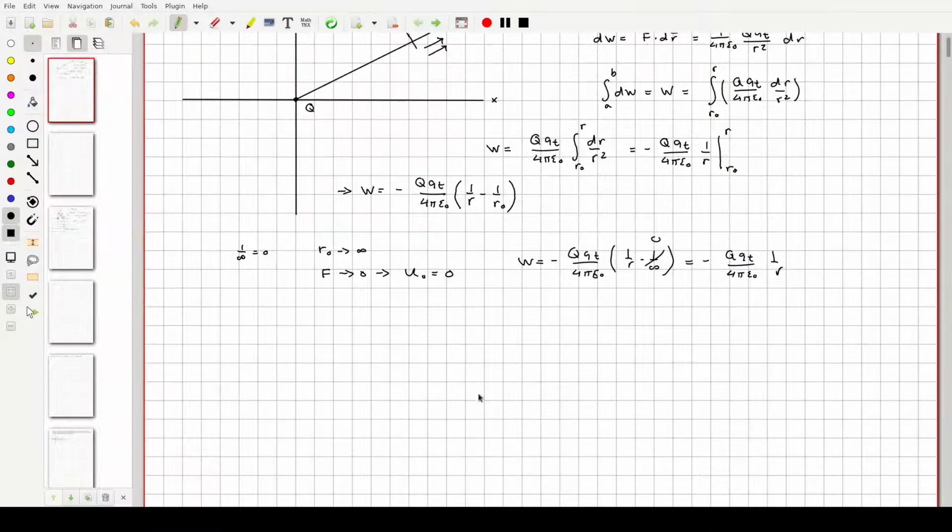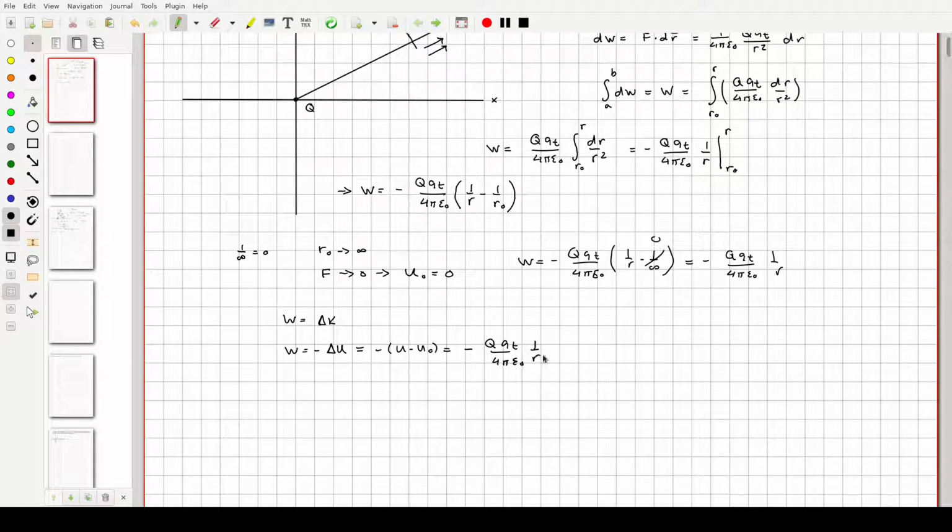But look, we know from University Physics 1 that when you do work, you can cause a change in kinetic energy. We also know that if you're dealing with a conservative force and energy is conserved, that's the same as the change in potential energy that you would see. So here, let's look at the change of potential energy. Well, potential energy, that's final minus initial because there's a change there. I've done the work. The work would be minus big Q, Q sub t over 4 pi epsilon naught